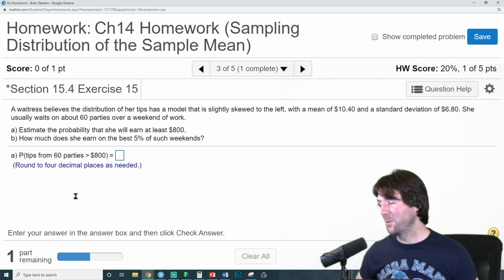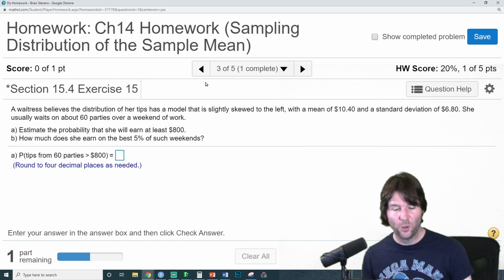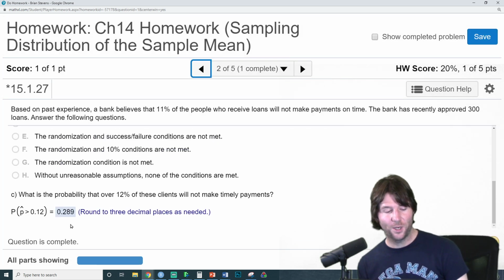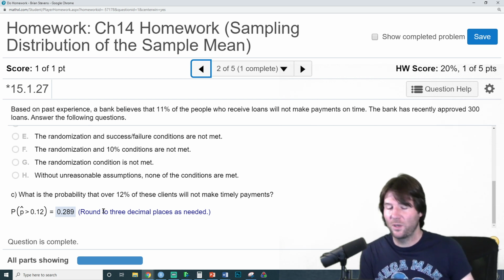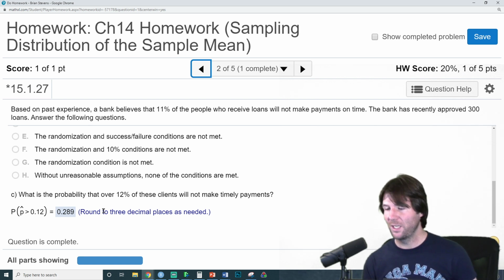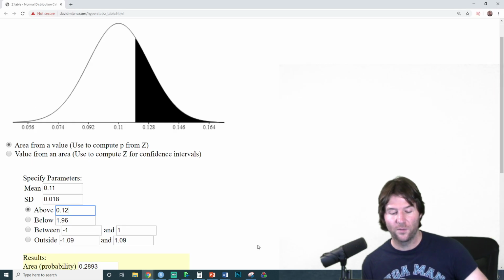So once again, I just wanted people to see that we did get it correct, but my guess was super close to it. I was guessing based on what I knew that it was about 28%, and I was right. It's 28.9. I said 28.2, but that's a very hard one to guess because it's towards the center of the curve. It's just if something out here, like I know that's